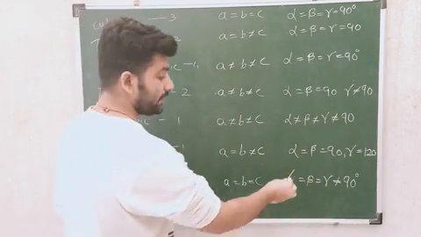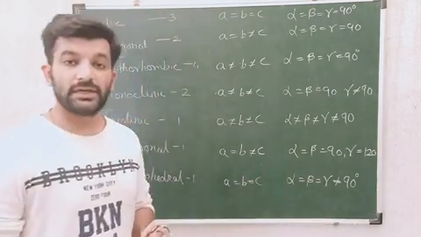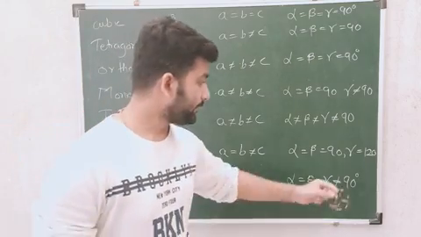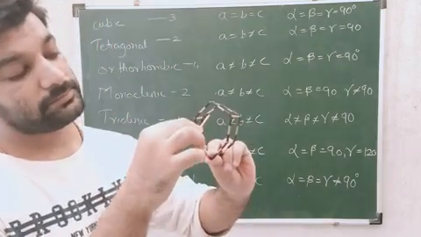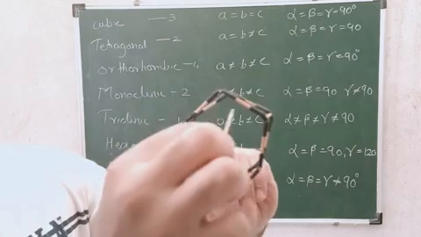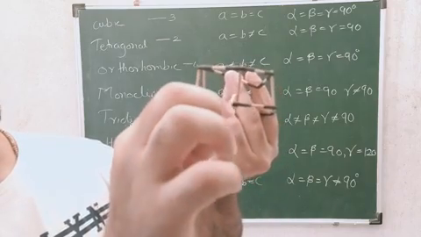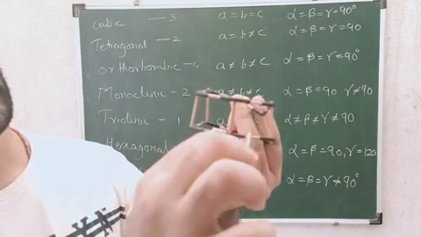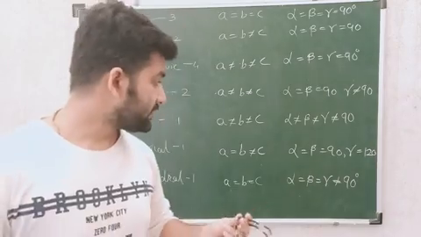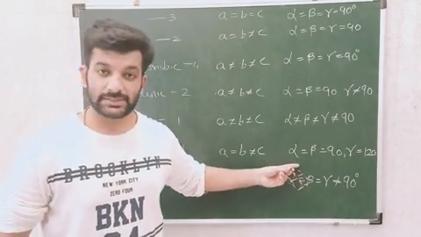That I have written over here as alpha is equal to beta. Alpha is equal to beta is equal to 90 and gamma is equal to 120. This is gamma. This angle is gamma and this is the 90. C is 90 with the base. Okay, so in this way we are having angles.